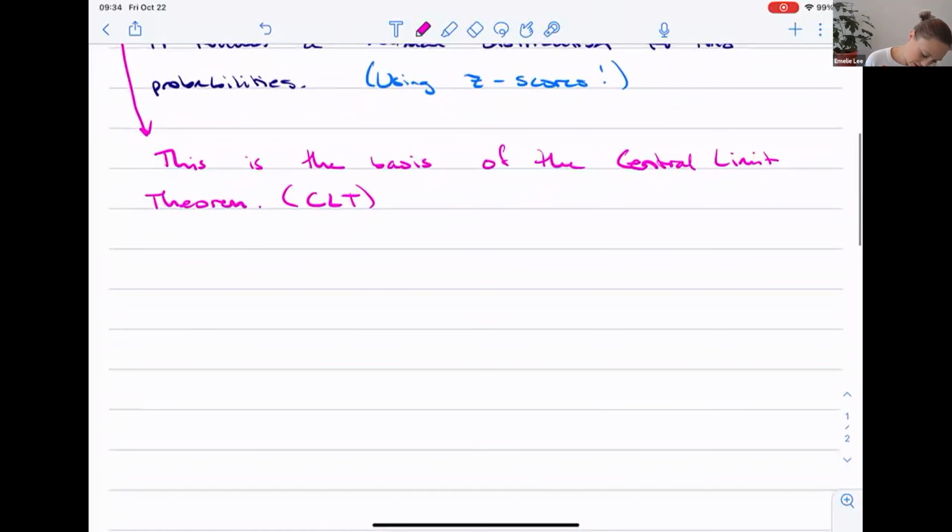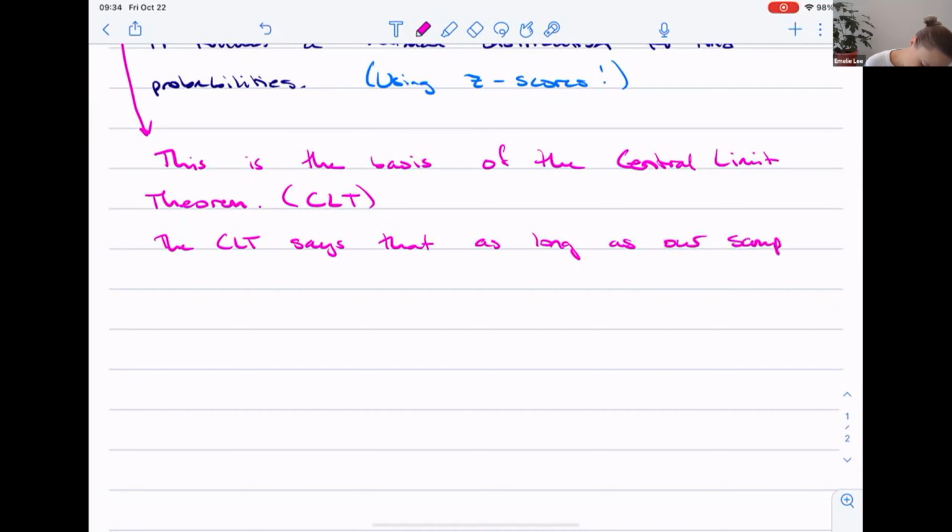So the CLT says that as long as our sample size is large enough,